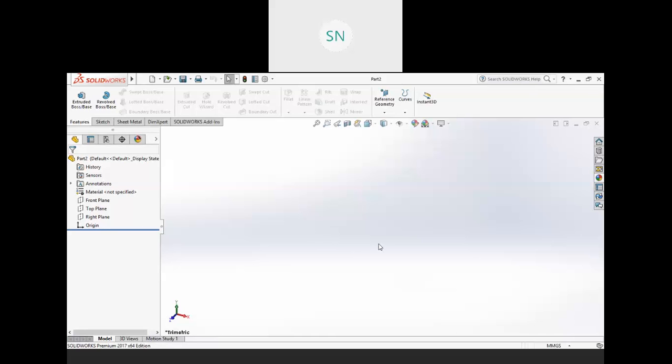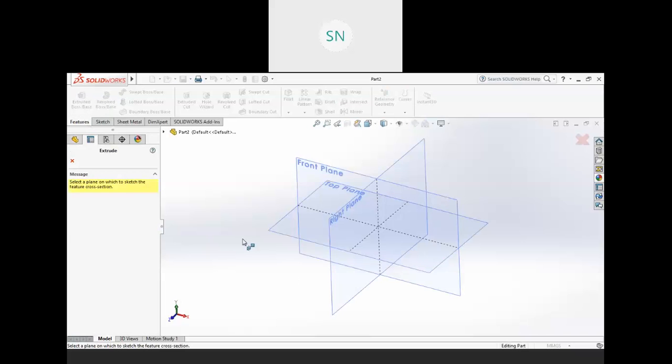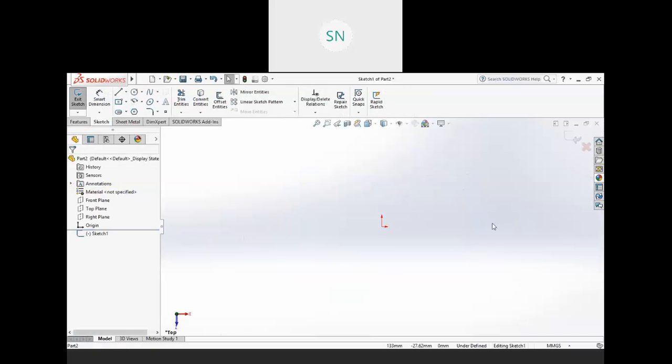So in the SolidWorks software we have many types of patterns to get the number of copies, sequential copies of any feature. For example, we have an extrusion tool on this plane.